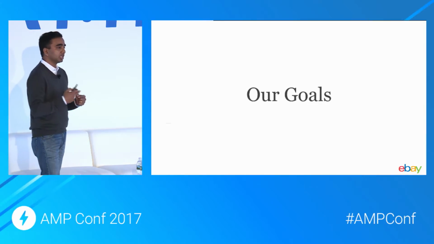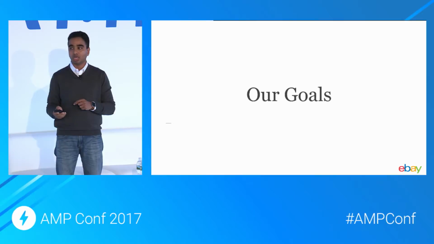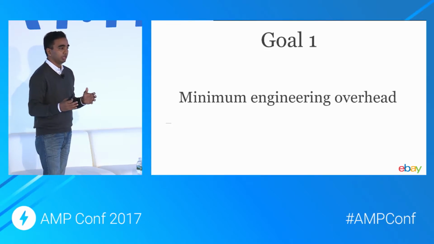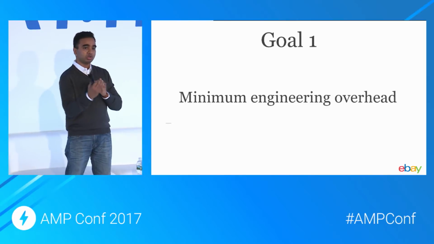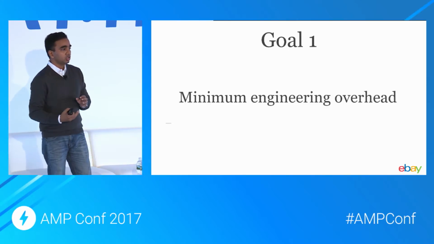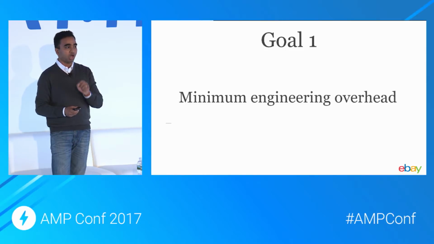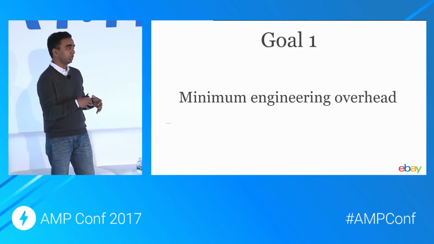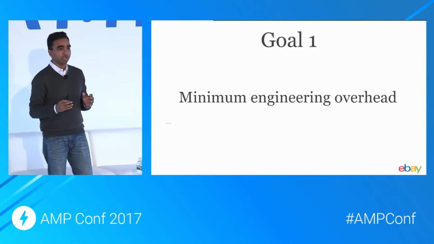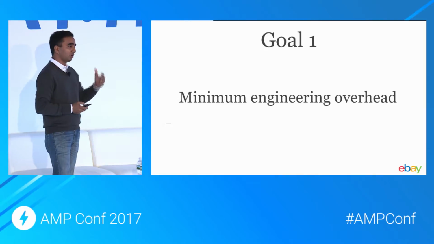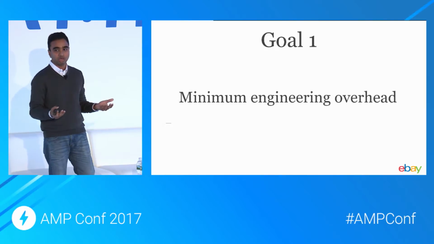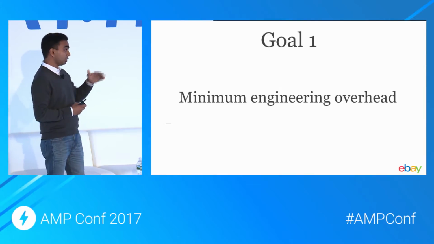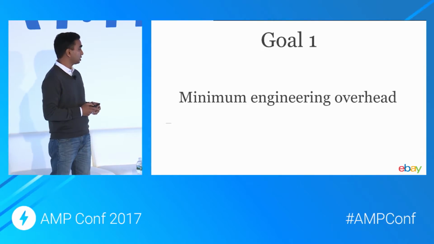We also went ahead and set ourselves some goals on how we want to do this AMP development. Our goal number one was minimum engineering overhead. So I already mentioned there was a team that was ready to work on this new product browse page. So just for doing the AMP development, we will not be having a new team to do it, or we'll be getting new engineers to this team to be doing it. It is the same team that has to deliver the AMP version. One of the main reasons for this is, at that point in time, we didn't know whether AMP would really work for e-commerce. Because it was targeted more towards news and publishing sites, and AMP links were not shown for e-commerce sites in the search results.